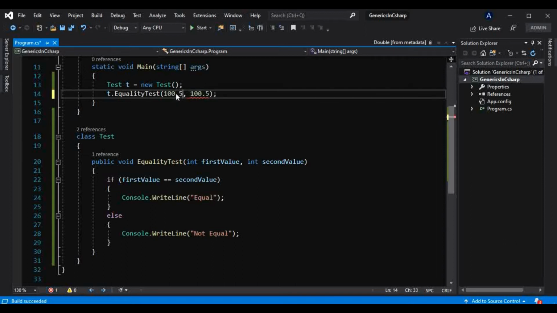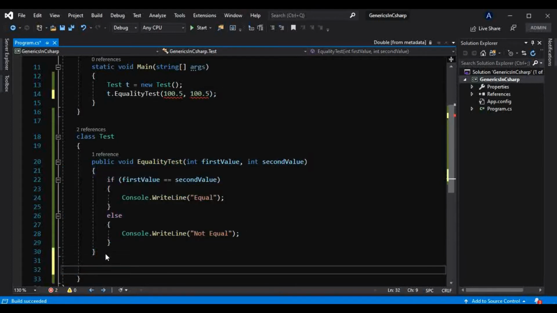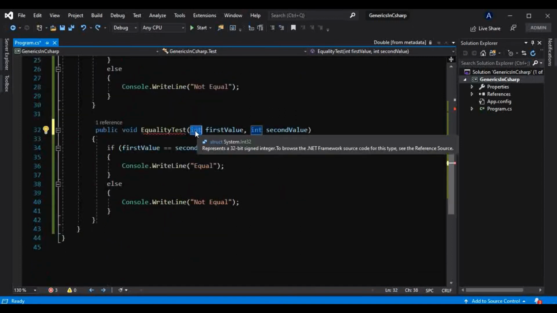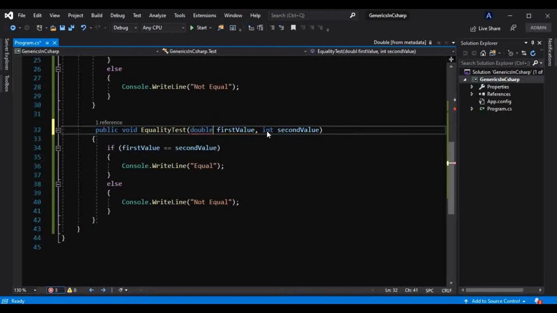To do that, we can have an overloaded version of this method, and instead of integer I will take double in both places.